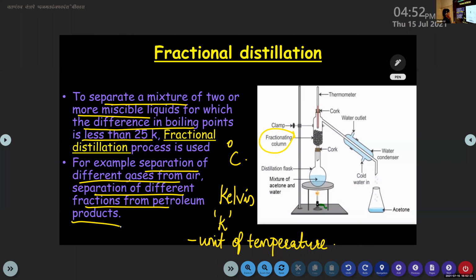Similarly, we can also separate different fractions from petroleum. We have learned different fractions of petroleum in standard 8. Do you remember that? Can you tell me? Lubricant wax, paraffin wax, lubricating oil, kerosene, diesel, petrol. So we can use this method, fractional distillation, to separate the different fractions of petroleum. This is clear. Have you completed this slide, children? Yes, ma'am.